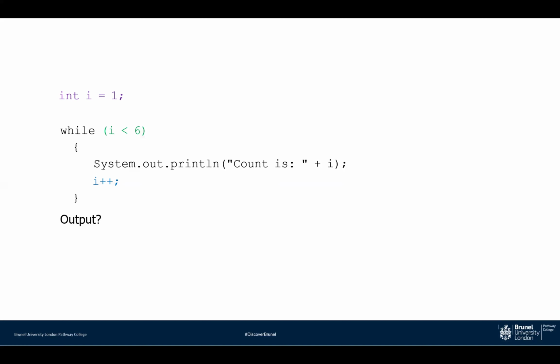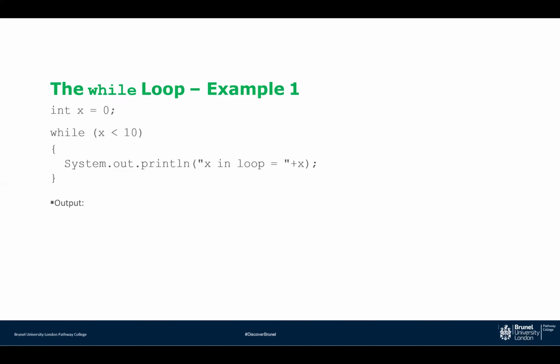But now notice something. With a for loop, the increment or decrement is inside the for loop line itself, correct? Here I don't have the increment or decrement inside the line. I need to have it inside the block of code. So I'm increasing the value of I here, because if I don't do this,